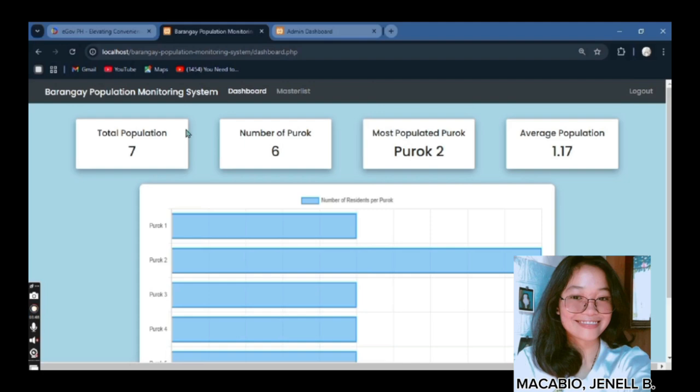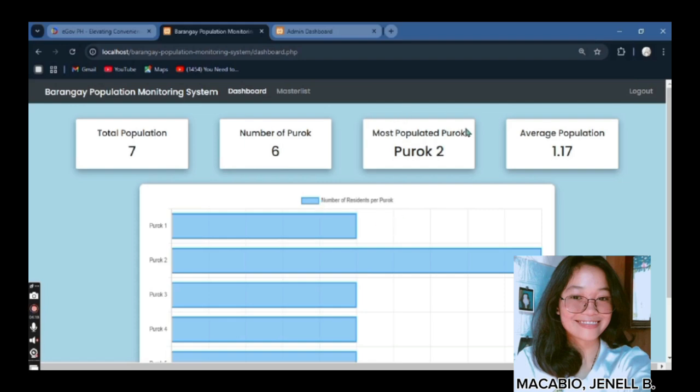This provides users with a real-time count of all registered residents in the system. Number 2, the dashboard also displays the total number of puroks in the barangay. This ensures users have a clear understanding of how the barangay is divided into different zones or areas.